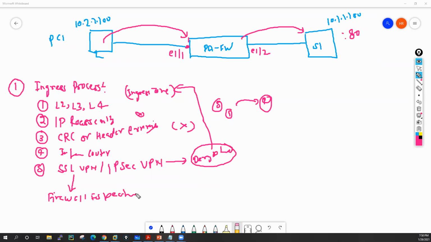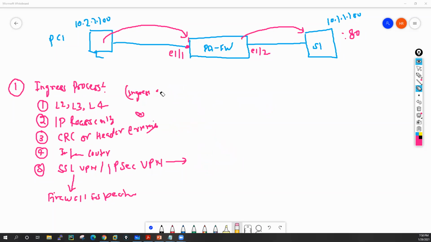In firewall inspection, we have inspection rules and everything, right? In that case, first it will do the lookup. Now, firewall inspection has 2 stages. Let me draw these stages here. Let me clear this out a little bit so you get the proper idea, and let me also decrease the size.